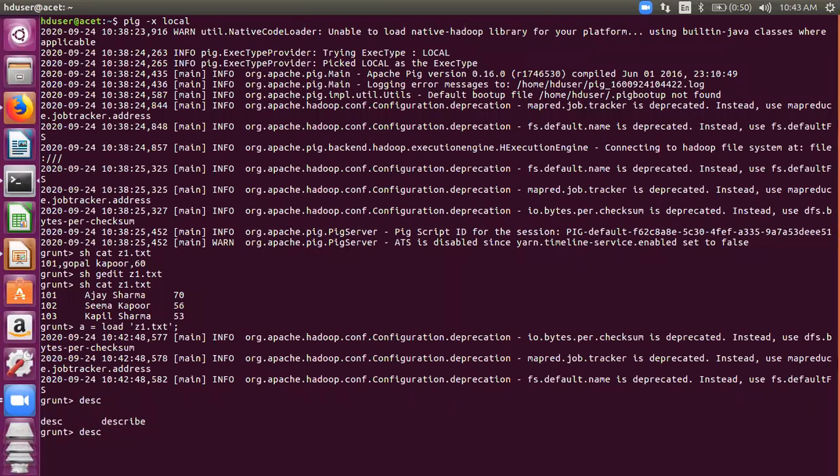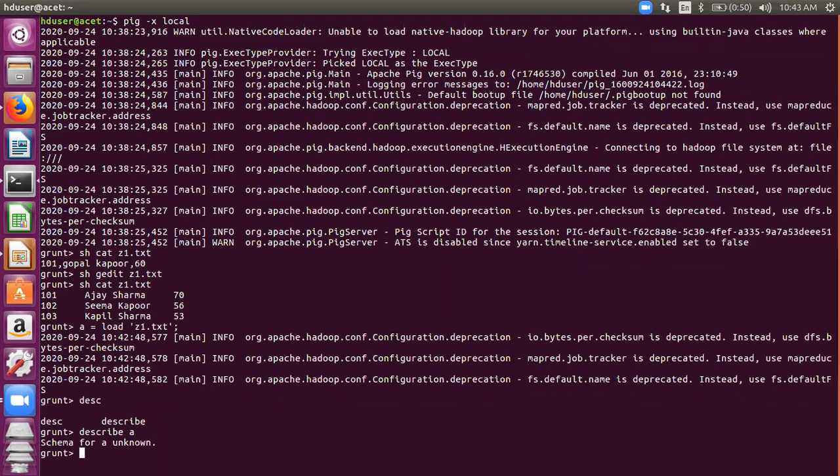I have written DESC and pressed tab for auto completion. There is a describe and a DESC command. I'll go with describe and then A. That means I am trying to display the schema of A. As you see, schema for A is unknown, because you have not mentioned any schema. Your load is just loading the file.